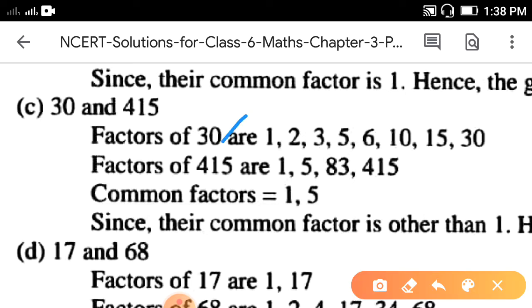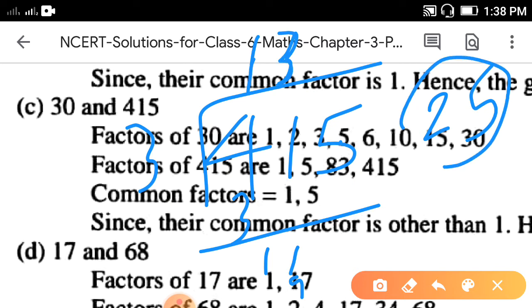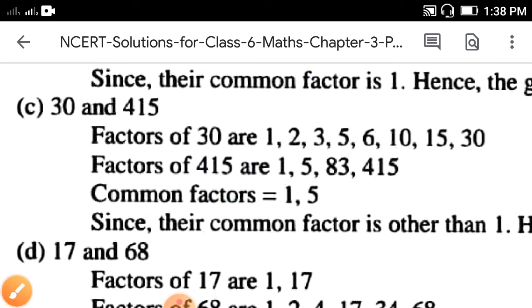Divide it with 3. 3 ones are 3. Bring down 1. 3 threes are 9. So what remains here? 2. 2 remains and bring down this 5. So again it is not divisible by 3 because 25 is given. 3 eights are 24. Then you will get remainder 1. So it is not divisible by 3. Next 4. You can see the unit place is 5, that is an odd number, so you can't divide. Then you can divide it with 5. You check whether it is possible. Yes. You will get the answer 83 fives are.